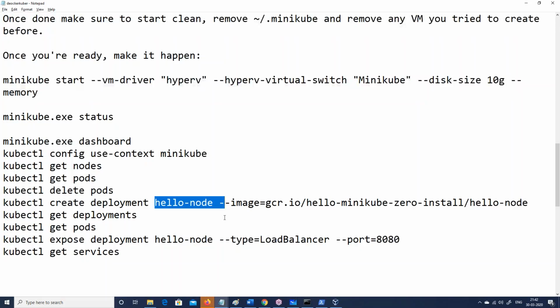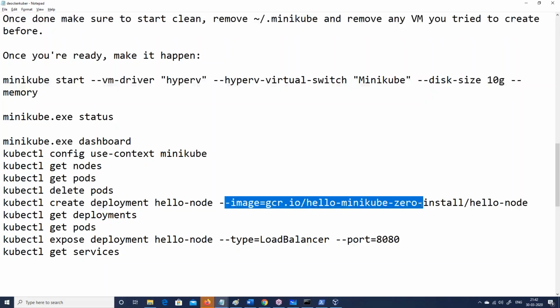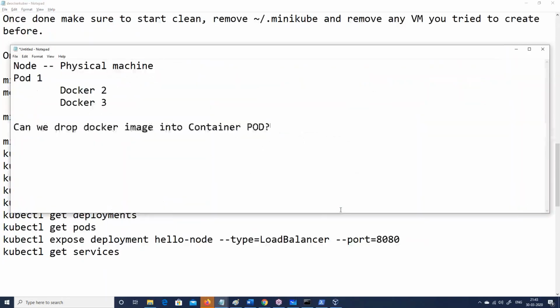If you want it to be accessible outside, then you should do a deployment. Now, when you do this create deployment, right? What it does is it creates a new instance of the pod and keeps it. So it actually creates a new instance. You cannot have an empty Docker running. You can have it, but that would be very rare, right? If you look at Docker, you are thinking of it like a VM. This question, can we drop a Docker image into a pod?